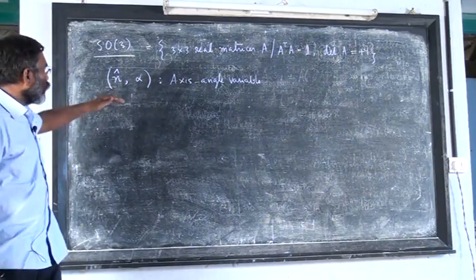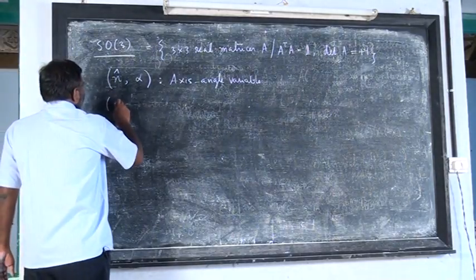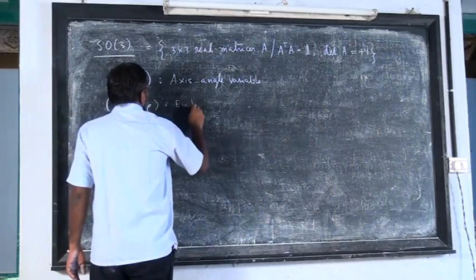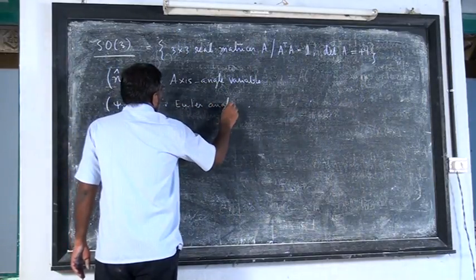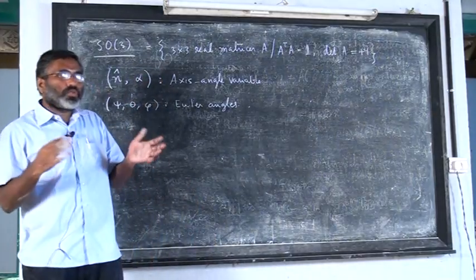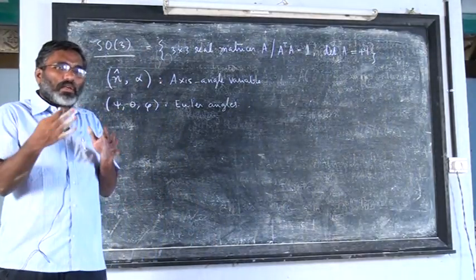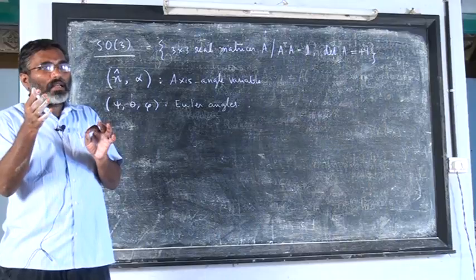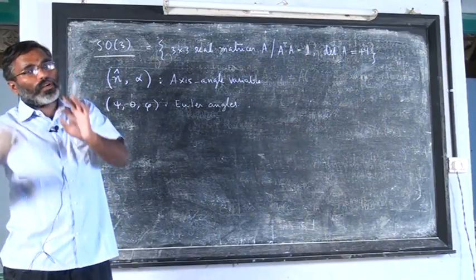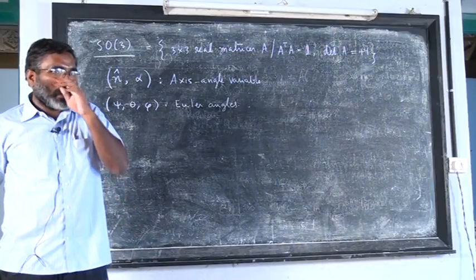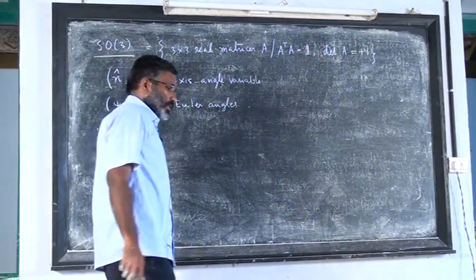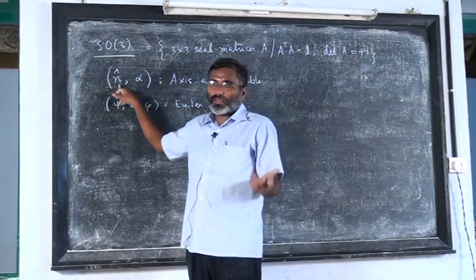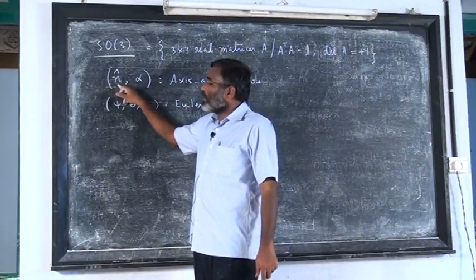Other parameters are your Euler angle parameters, psi, theta, phi. These are 3 angles. So 3 parameters can be chosen differently. You can come to any rotation by rotating through Euler angles or by choosing an axis and doing one rotation. Equivalent descriptions. Fixing an axis requires 3 direction cosines, which means 2 parameters, n1, n2, n3, such that n1 square